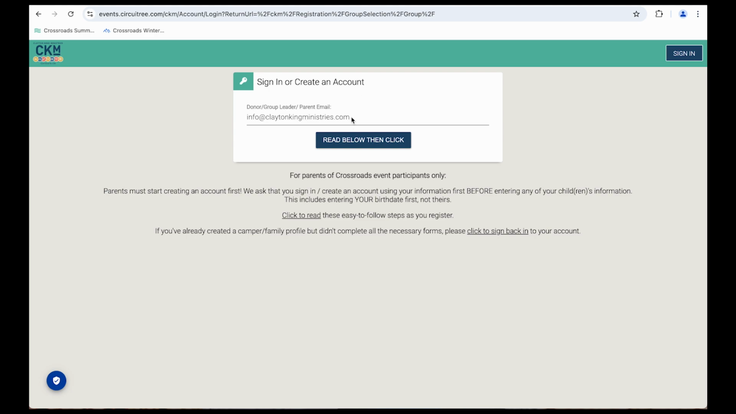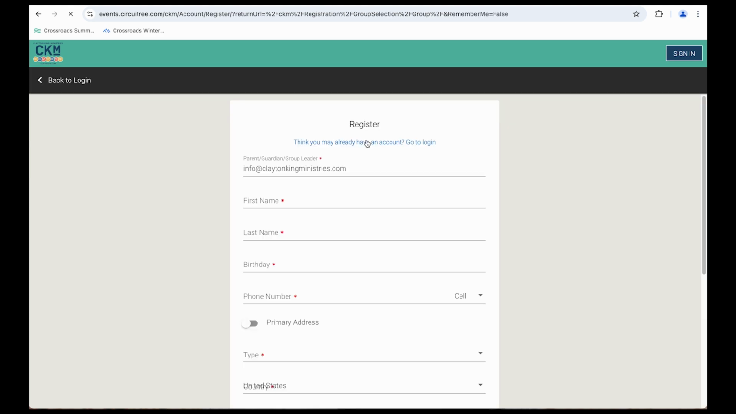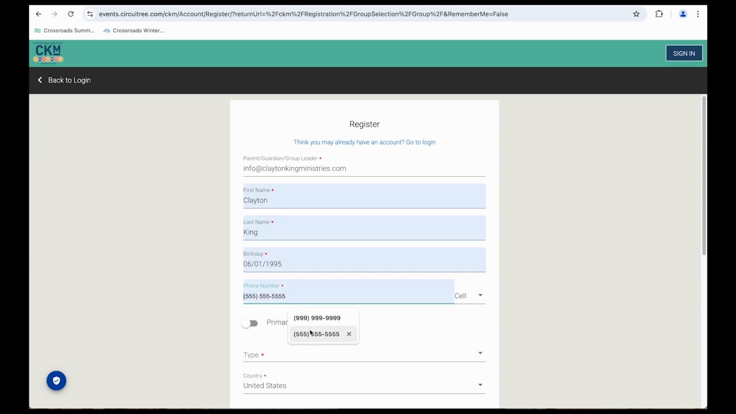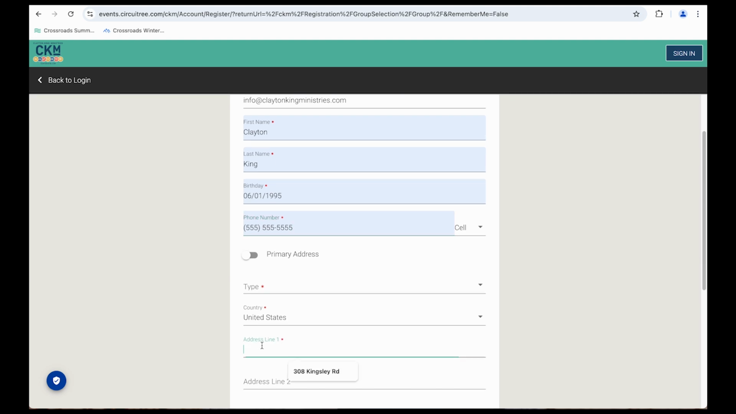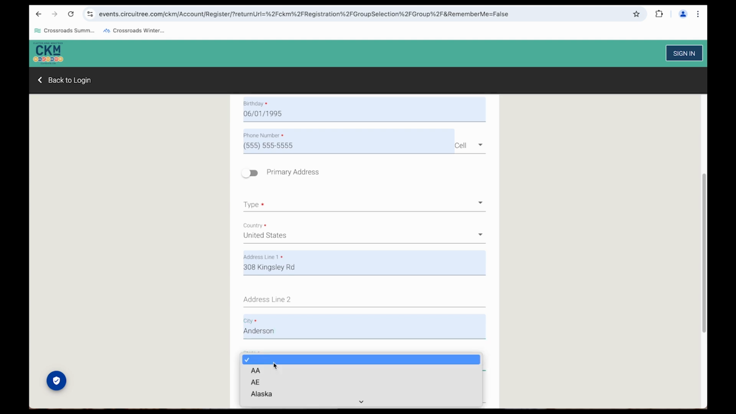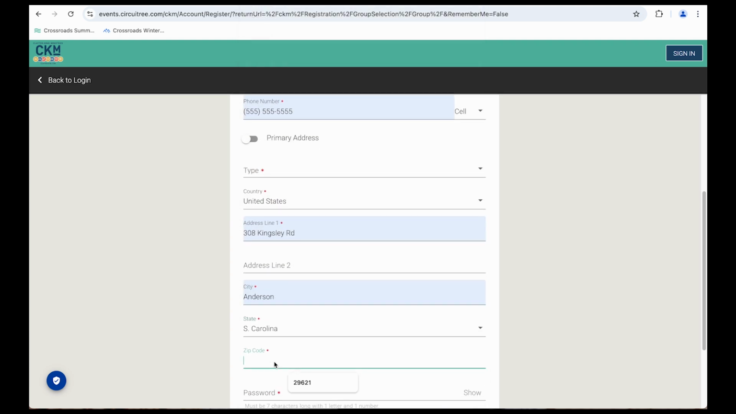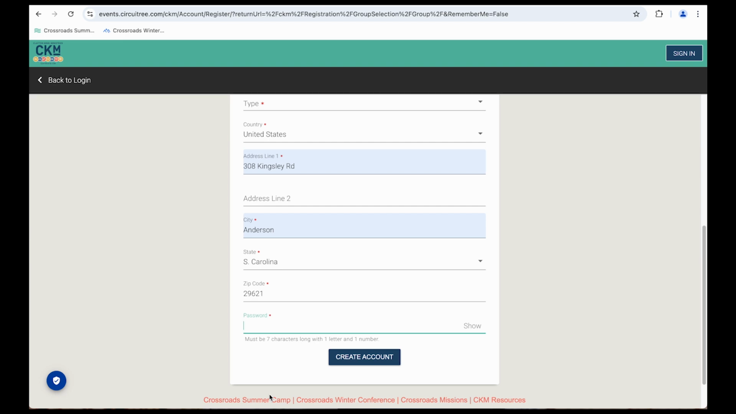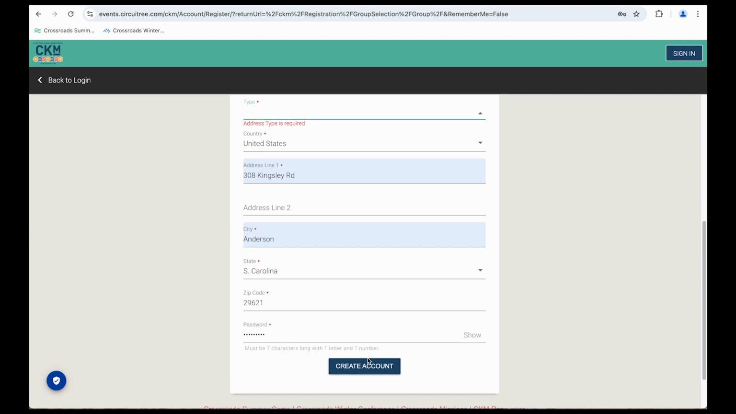We're going to use our info email here, and you will read and click the following button. Then you'll enter in all of your information and address. Typically, the church address works perfectly fine. You're able to enter in all of that information and choose a password for your account. Make sure it's something you'll be able to remember, because it will be a password that you will need anytime you're wanting to log back into your account. You are able to edit it at a later time if needed. Then you'll click create account,